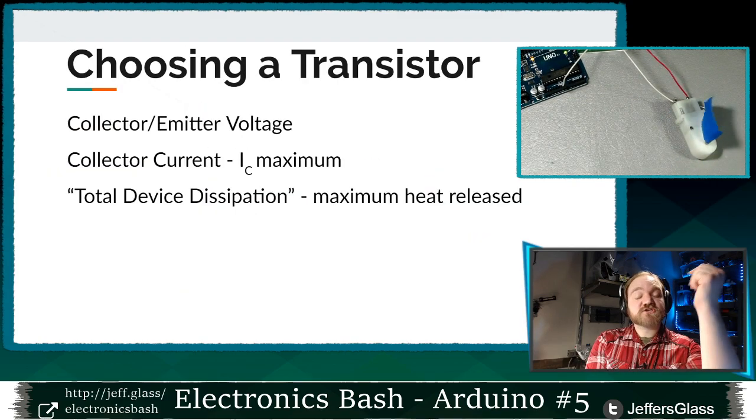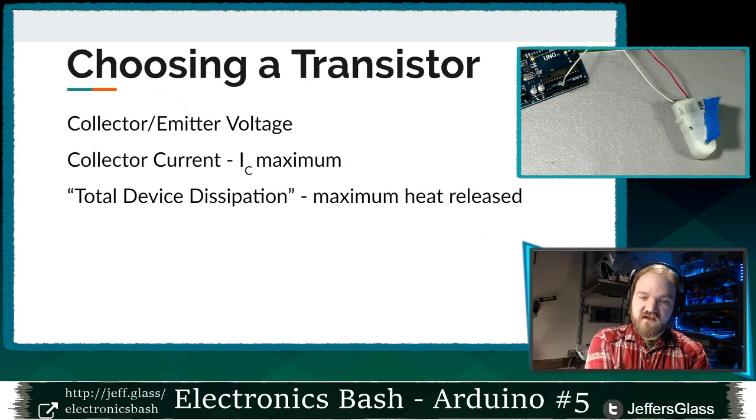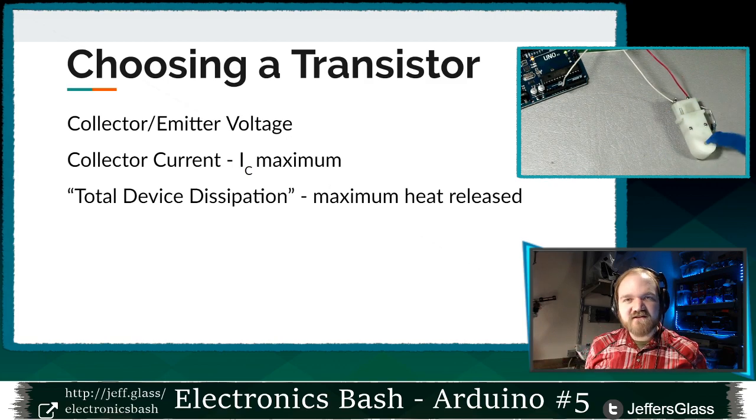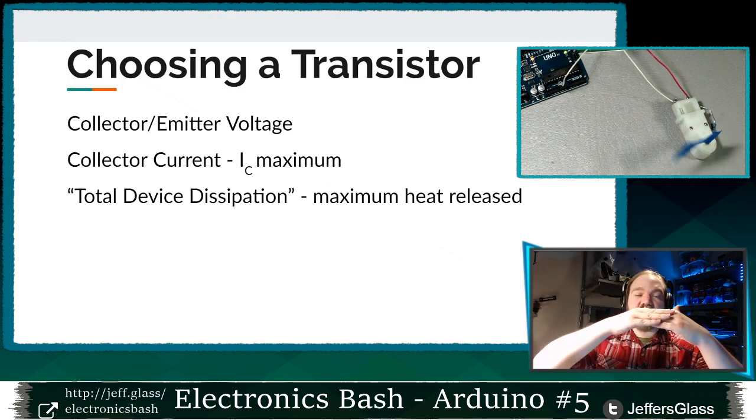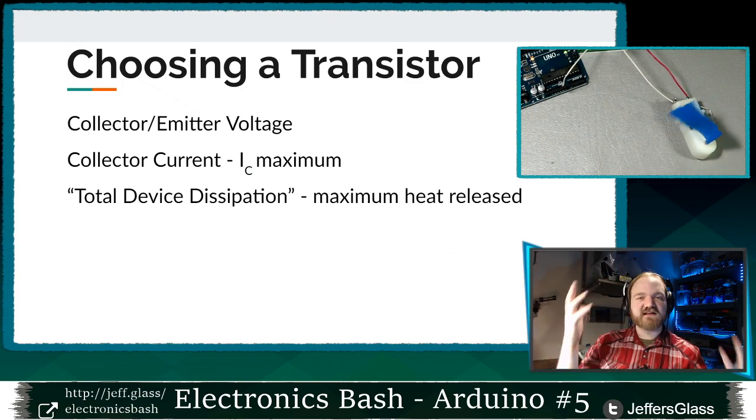Our last one here is total device dissipation, a characteristic you want to look at. Dissipation just means how much heat is released when this thing is turned on. For our purposes, because we're turning the transistors basically all the way on by closing a switch, or opening them up and letting no current flow,